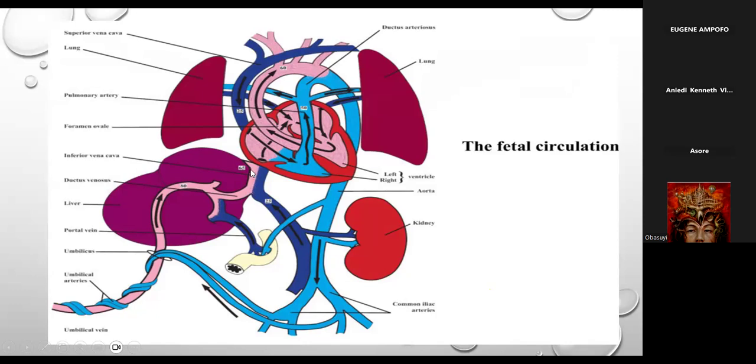This one is aligned more medially and posteriorly, while this is aligned more laterally and anteriorly, directed by the eustachian valve towards the foramen ovale and then to the left atrium, whereas venous return from the superior vena cava and the deoxygenated blood from the inferior vena cava is directed towards the right ventricle, then to